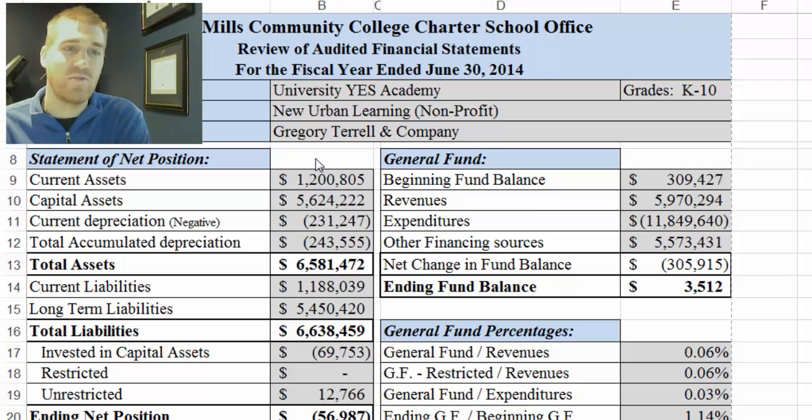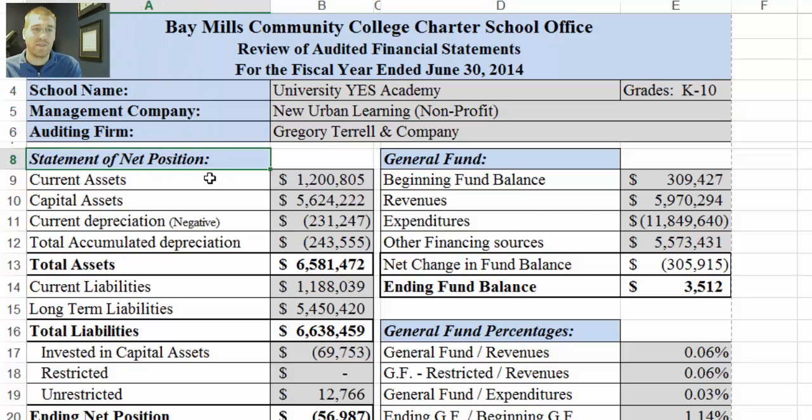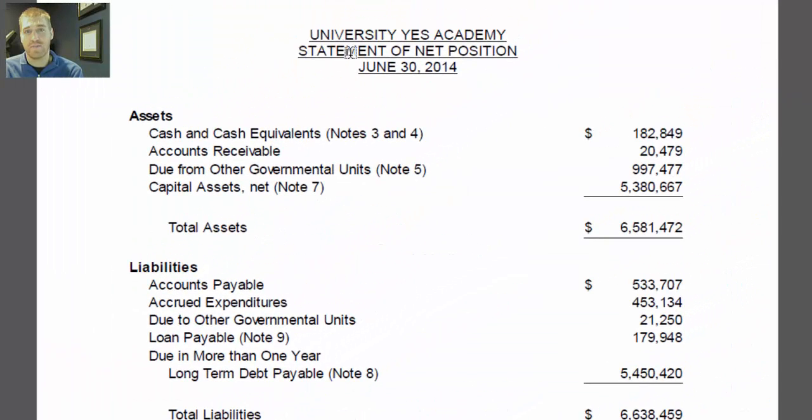So as we move in, the statement of net position is the first area we'll talk about. This is the assets and liabilities and stuff. So I'll show you where this is at in the audit. First, as an example, look at total assets, $6,581,472. So if we go to the audit, here's our statement of net position, and then you'll see total assets